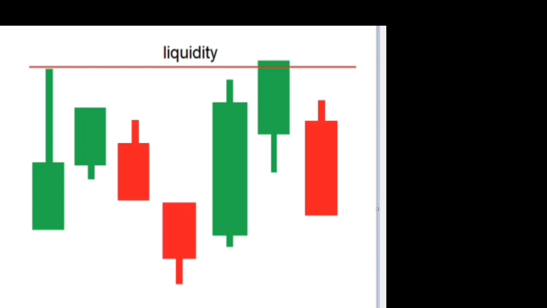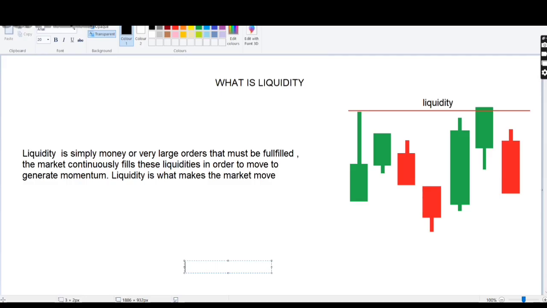So before I do anything that's actually crazy, let's first define what liquidity is. Liquidity is simply money or very large orders that must be fulfilled, right? The market continuously fills these liquidities in order to move and generate momentum, right? Liquidity is what makes the market. So with this definition that I got here, we have understood that